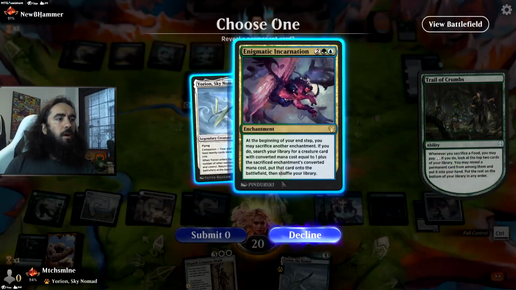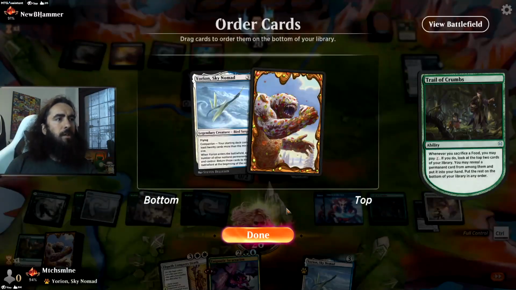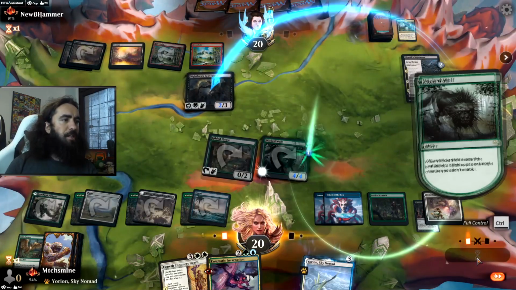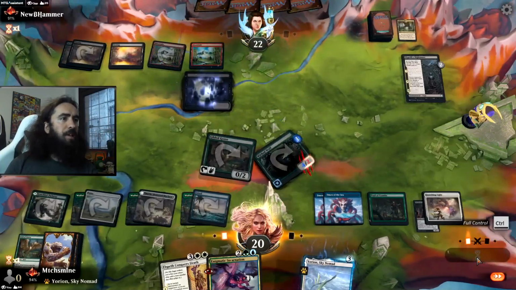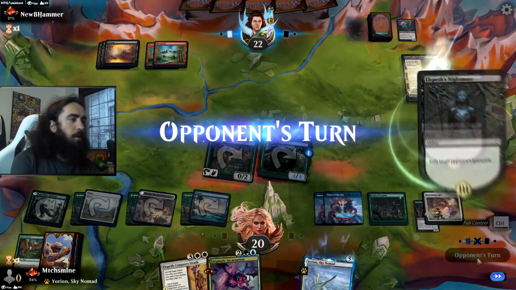Yep. Or the Incarnation. Or the Yorion. You get the Incarnation. And we can't put the Yorion on top of our deck. But that is fine. Why would we? So, he didn't have a kill spell here. Our Wicked Wolf survived. And now we can...